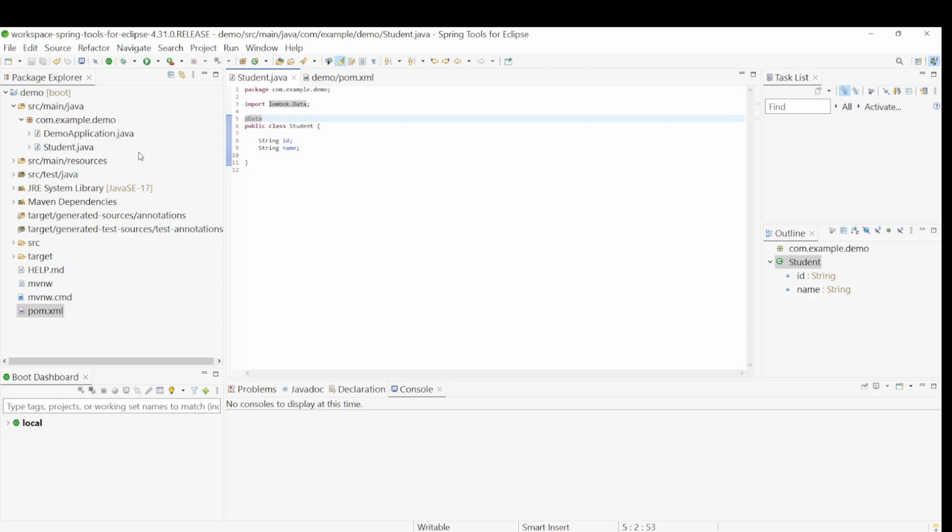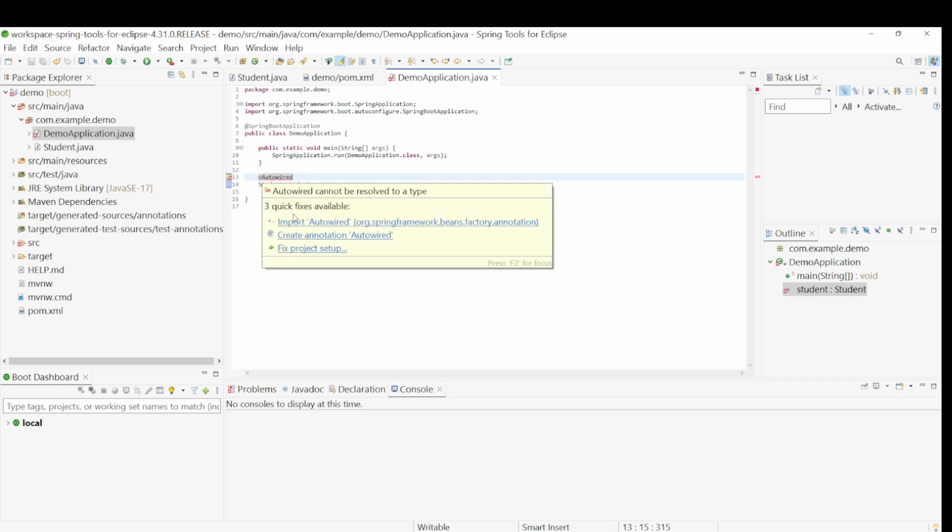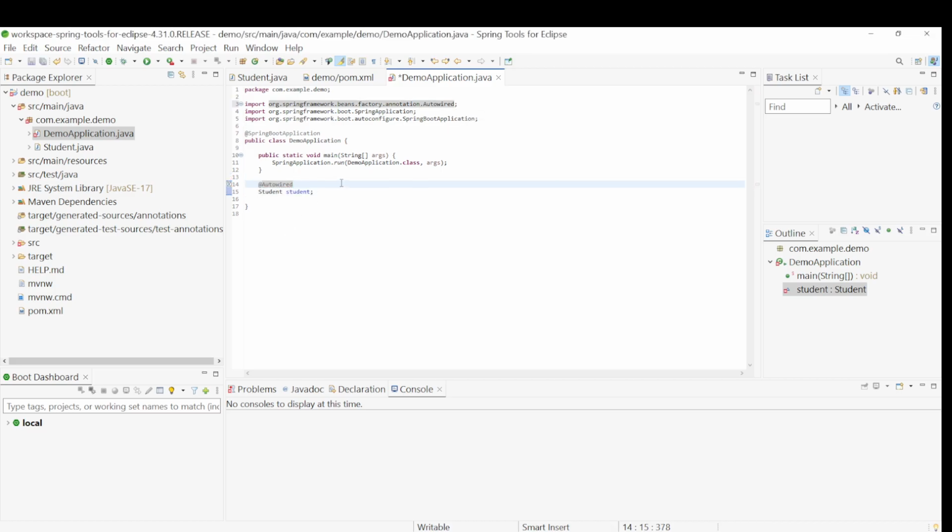So I'll save this and create an instance of this student object and try to call it from the main class. So Student, let me autowire this. Okay. So once we create this,